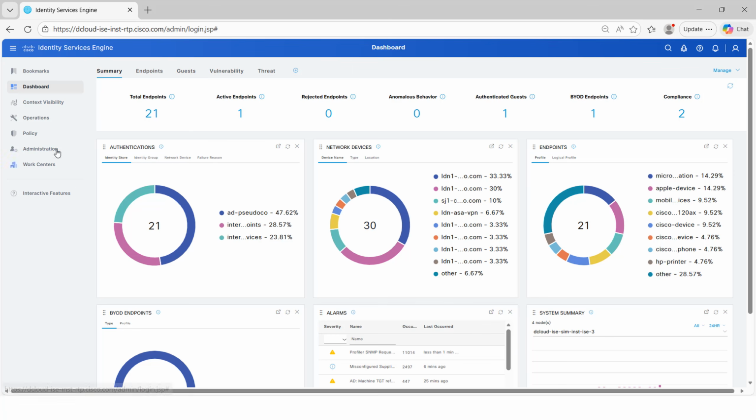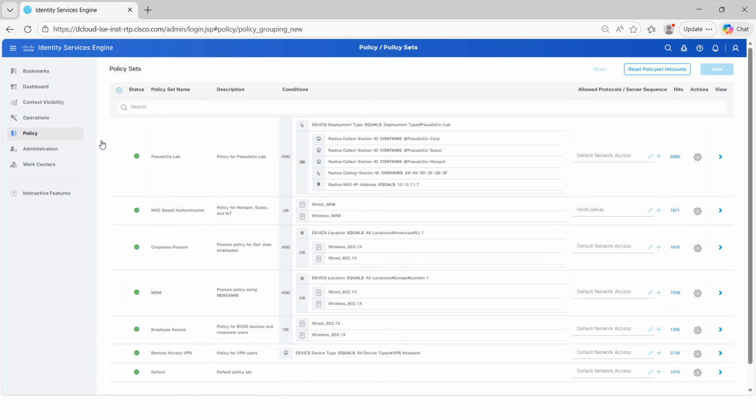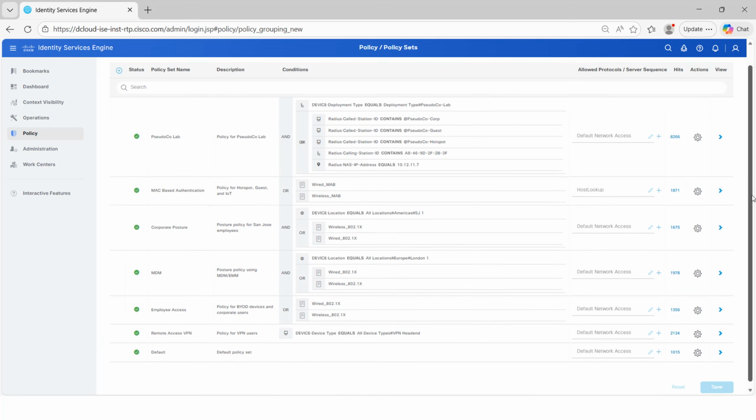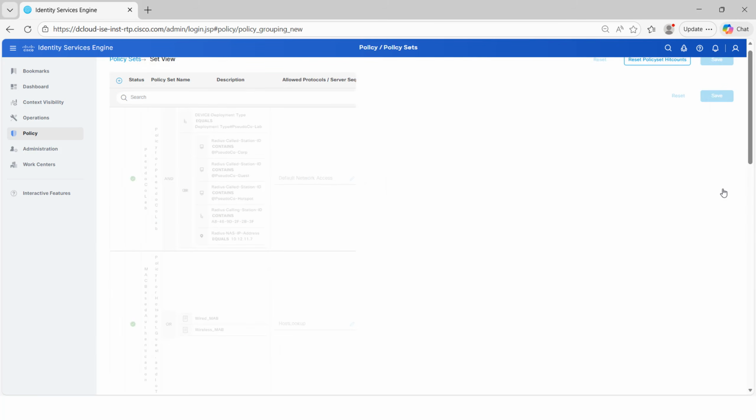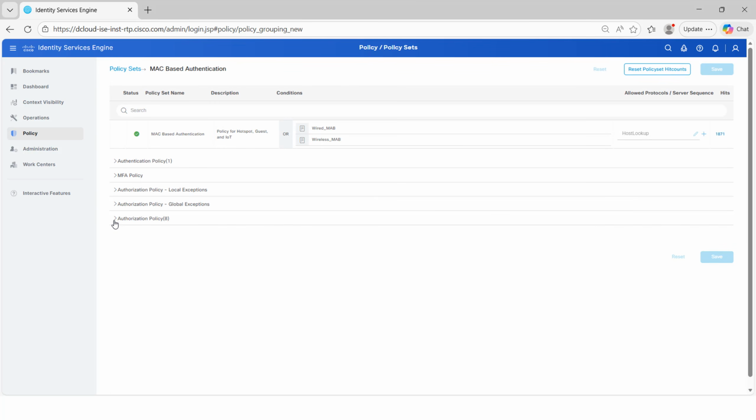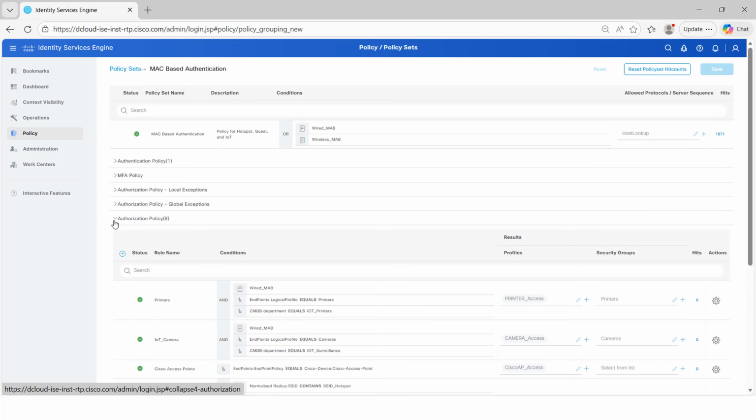Now on the web GUI, if I go to policy and policy sets, then we can scroll down to this one here, MAC-based authentication. You can see in the description it says policy for hotspot, guest and Internet of Things. So this policy is used when MAB, which is MAC authentication bypass, is used, which is the case for guest users connecting to an open SSID or to a switch port that is configured for MAB. So if we go into the policy, and now if we expand the authorization policy to see the rules,